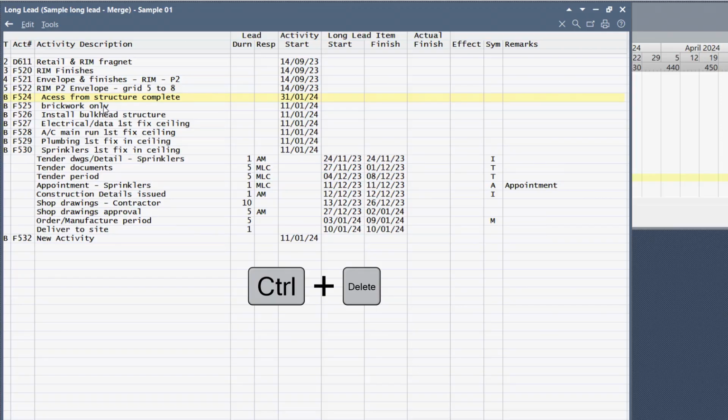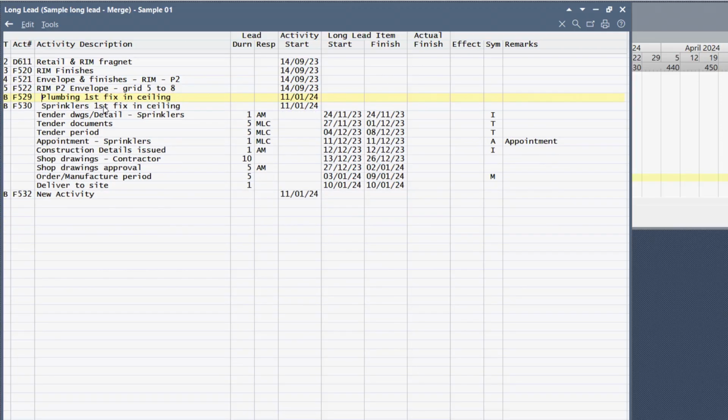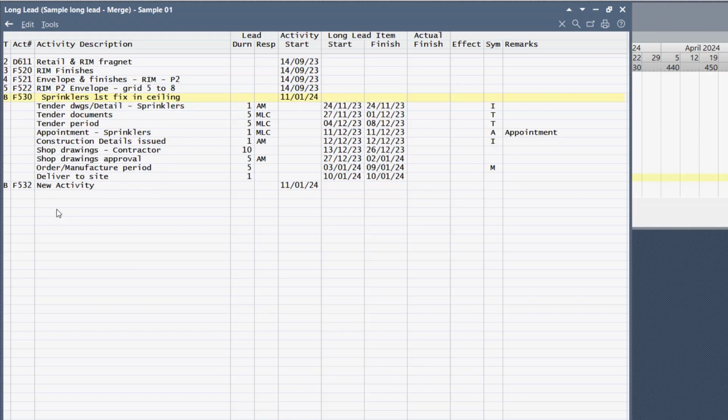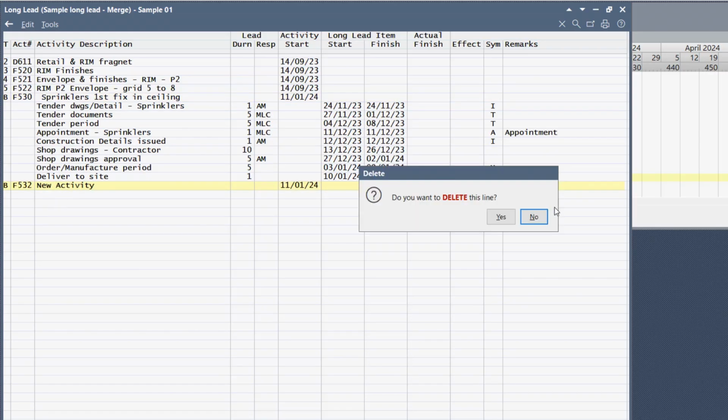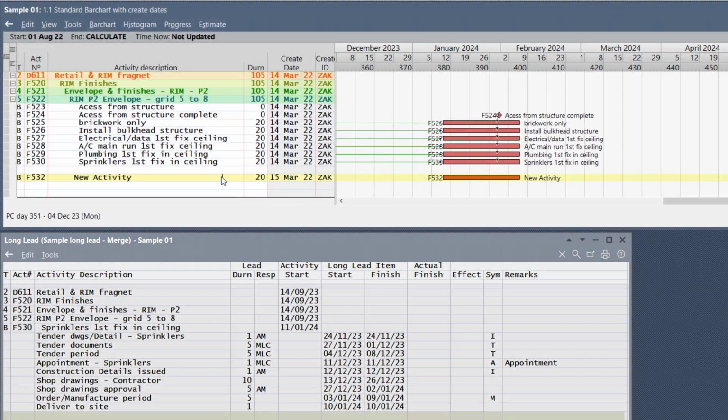Hold my Control button in and press Delete the whole time until I've got rid of all the activities not required, as well as the one below. Control Delete. Now if you just want to bring in the activity that you've just created and not all the others,